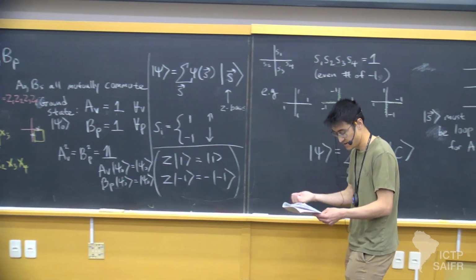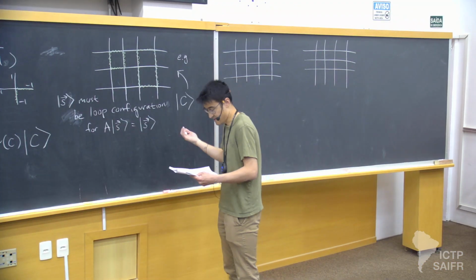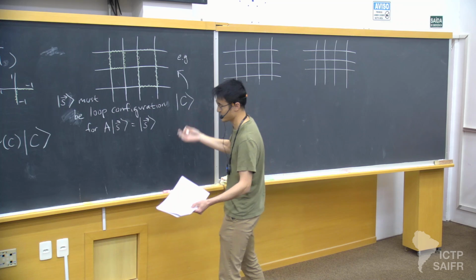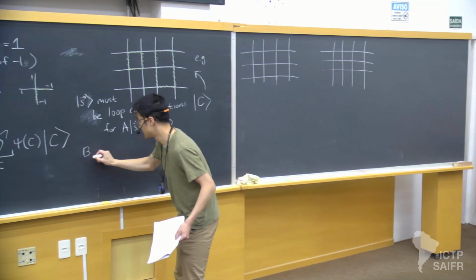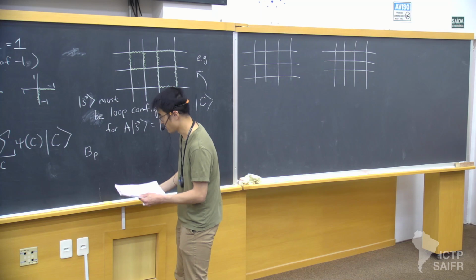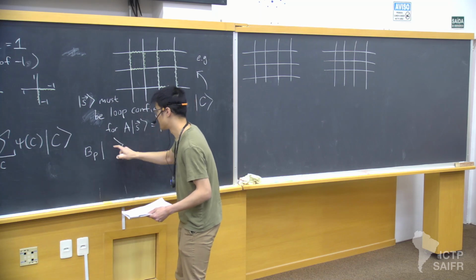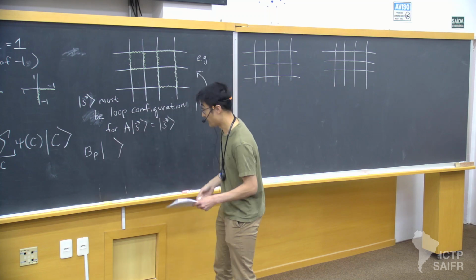So what is the B doing? Again, we're only working in the Hilbert space of loop configurations, so let's see what it does on loop configurations. So BP, for a given P, acting on, let's say, the trivial configuration with no loops at all,